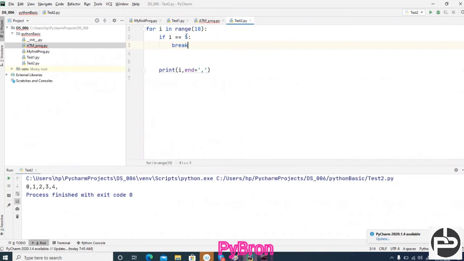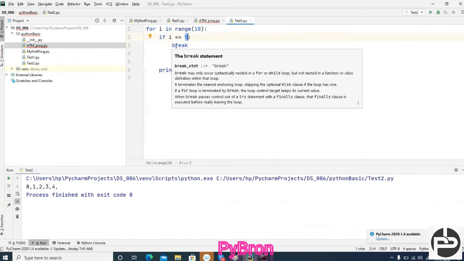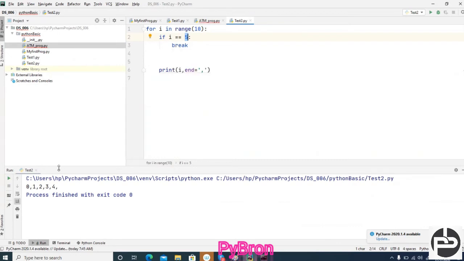Once it reaches 5, it checks, oh, 5 means I have to break the loop, and after breaking it came out of the loop, and 0 to 4 got printed. It will not go to the next iteration. Hope you understood the break and continue statements, right?